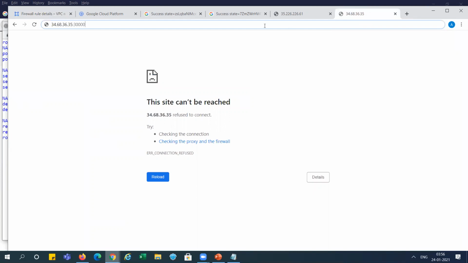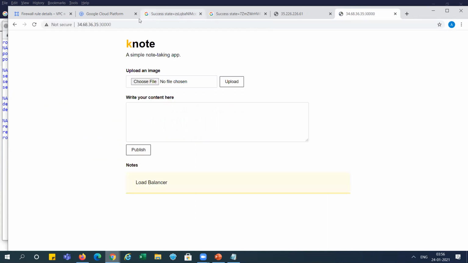And you can see at 30,000, I'm just hitting it. We are getting a message from the load balancer, which we added here. I'm thinking this is the master node.